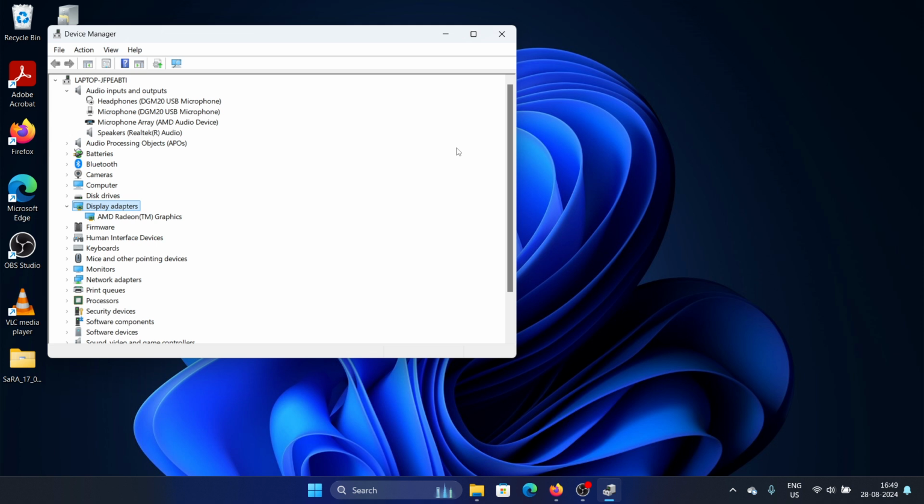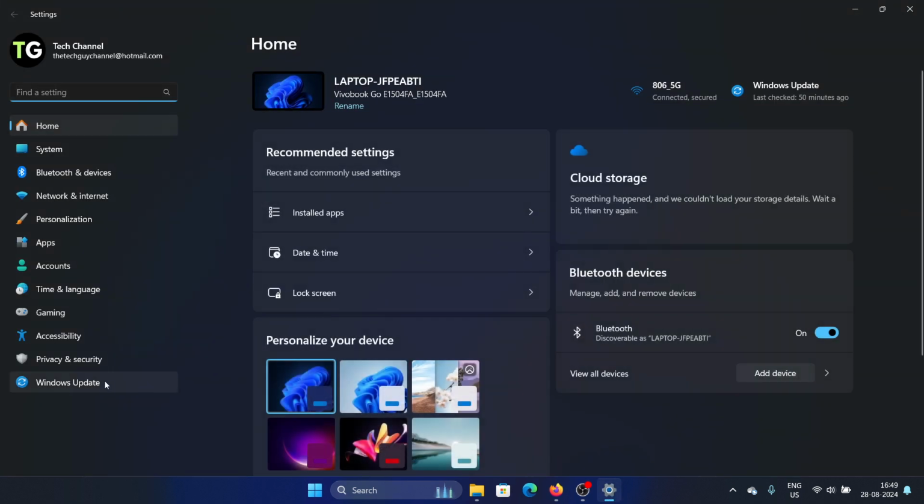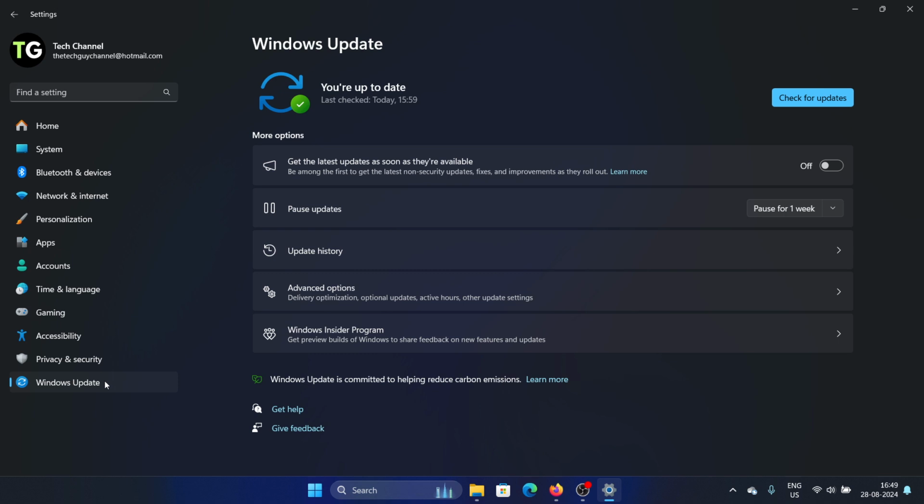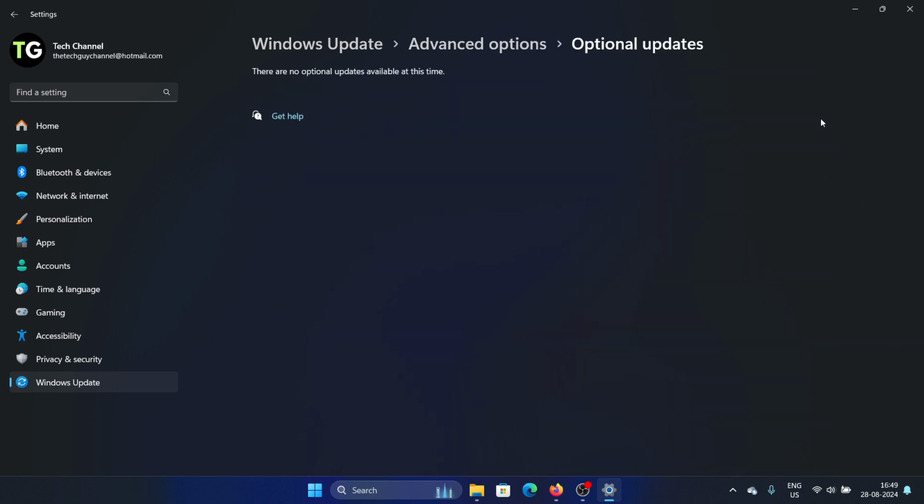Now the other solution is to update Windows itself. So we will right click on start, click on settings, click on Windows update, and click on check for updates. And while that's going on, we'll go to advanced updates, optional updates, and if there are any updates available here,